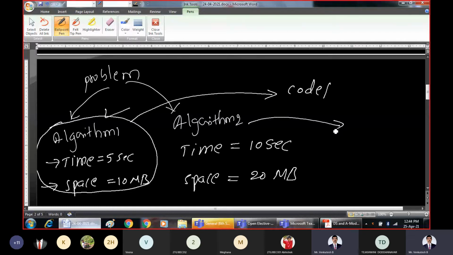that is code 1 for algorithm 1, code 2 for algorithm 2. Designing code is very hectic and time consuming, writing a program. Because after writing the program, if you find the time and space are not good, then again you have to rewrite the code. So before writing code, first write the rough algorithms and estimate their time complexity. Then select the better algorithm, then write the corresponding program for that.